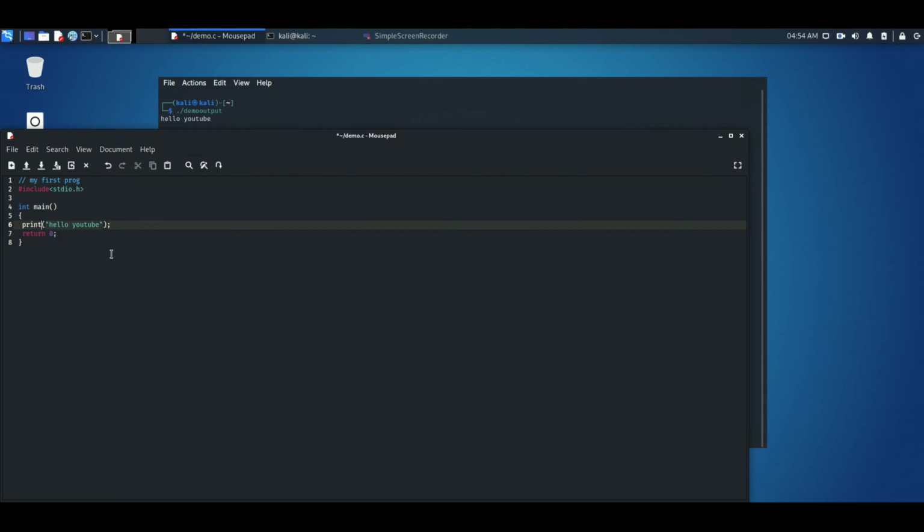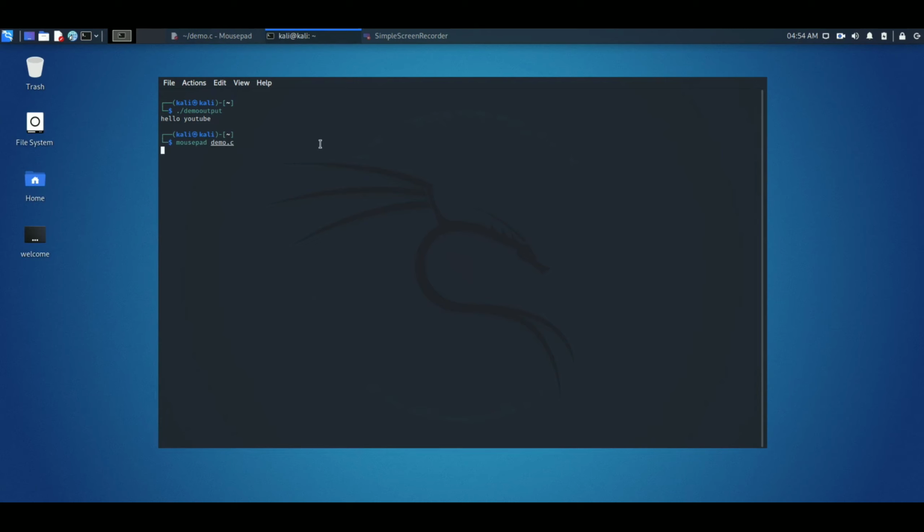We type print only and save this. Okay, saved. Now minimize it. Now compile the file. First we have to do the compilation. So as we know, gcc demo.c -o demo output.